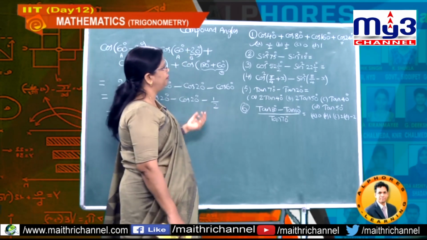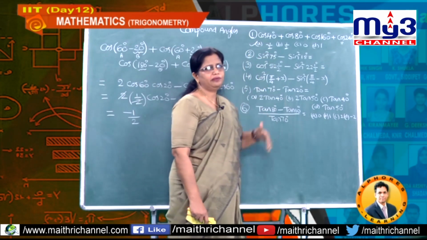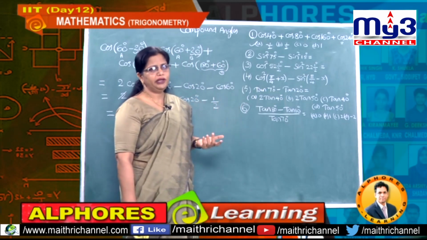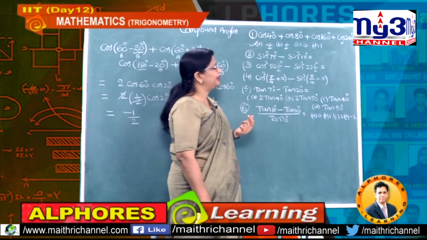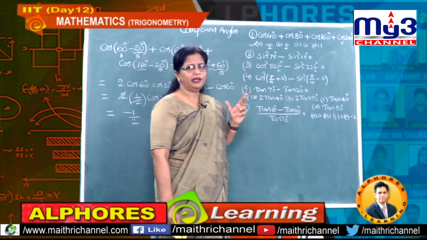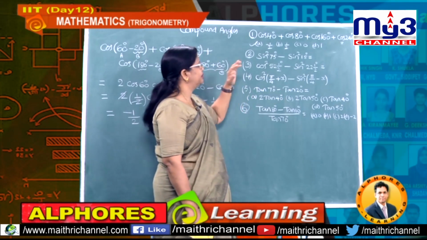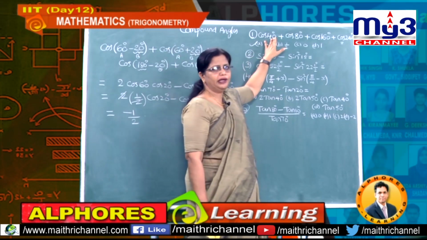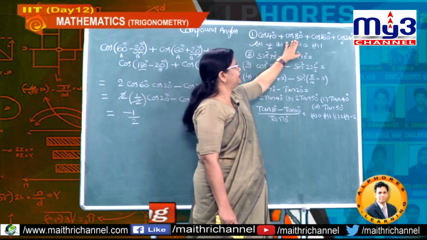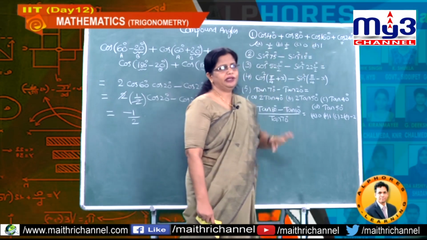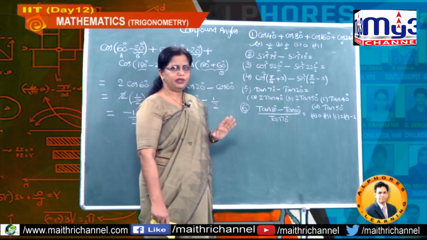In the same way, the problem is given in terms of sine function. Again the same model you can adopt. So what should be your observation? Is any common angle there among all the terms? So what is the common angle hiding in between? 20 degrees, 20 degrees, here also 20 degrees. That observation must be important.